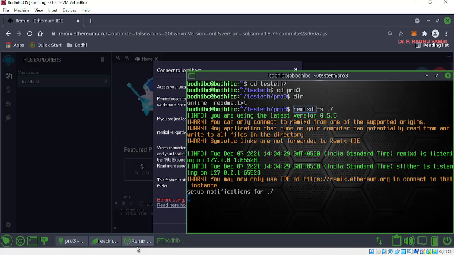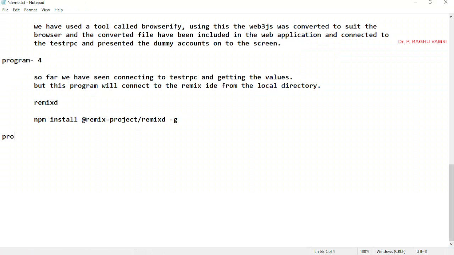Now we'll move on to the next program. Next, program 5. We are going step by step through the development phase. Now we are going to communicate with a smart contract from a front end application.